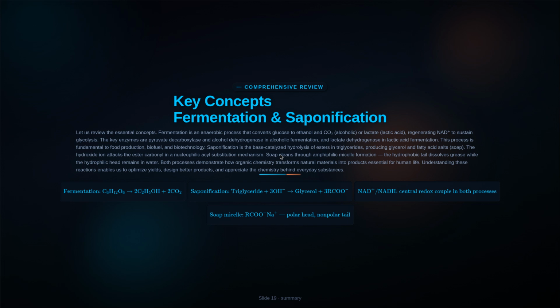Let us review the essential concepts. Fermentation is an anaerobic process that converts glucose to ethanol and carbon dioxide, or to lactate, regenerating NAD+ to sustain glycolysis. The key enzymes are pyruvate decarboxylase and alcohol dehydrogenase in alcoholic fermentation, and lactate dehydrogenase in lactic acid fermentation. This process is fundamental